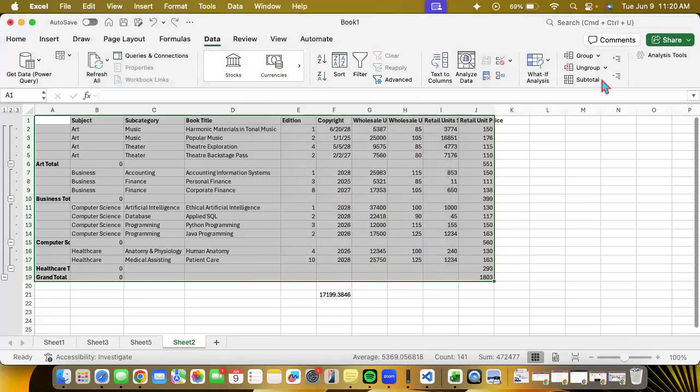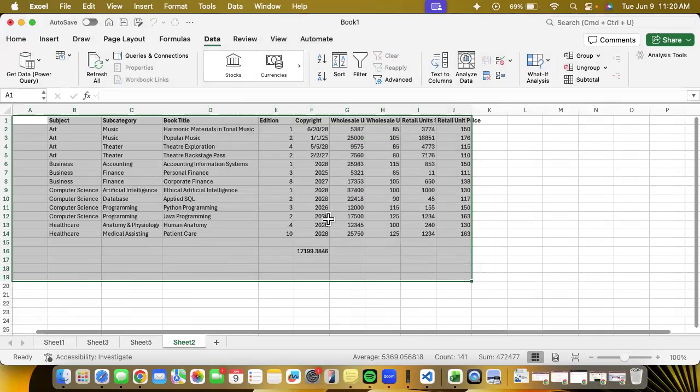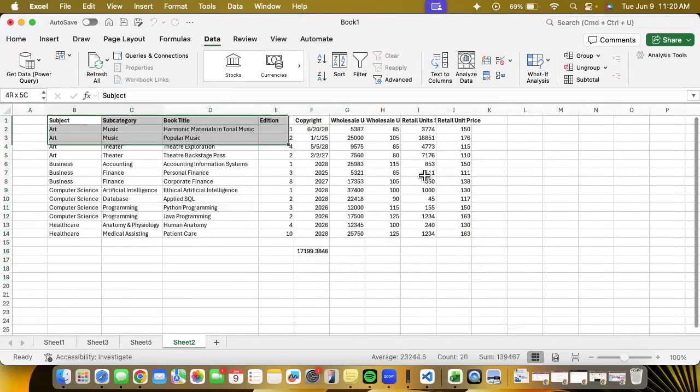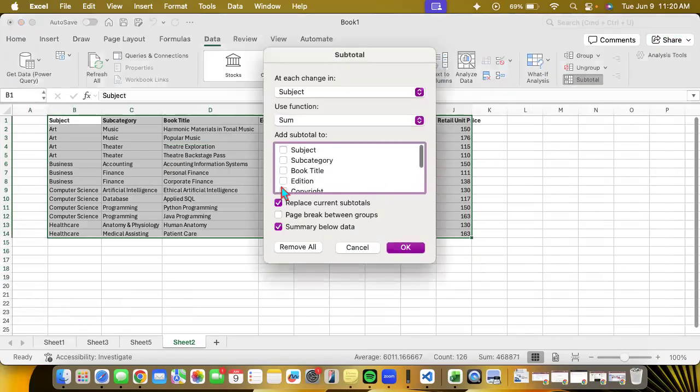So, Professor, what's up? You see how it says book title on column D? Is that a category in this? That should be a category in the subtotal, right? Yeah. So if I just wanted to find the